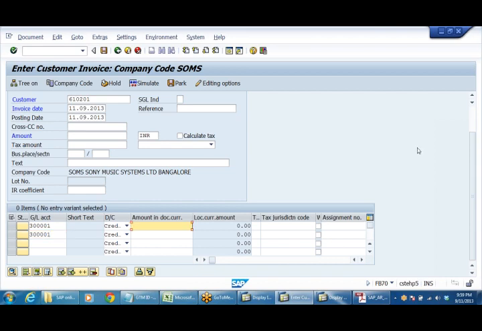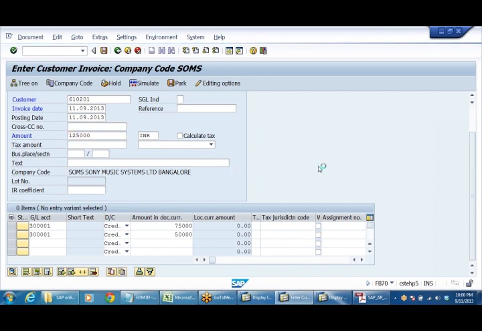Say here 75,000, 50,000. Total is going to be 1,25,000.